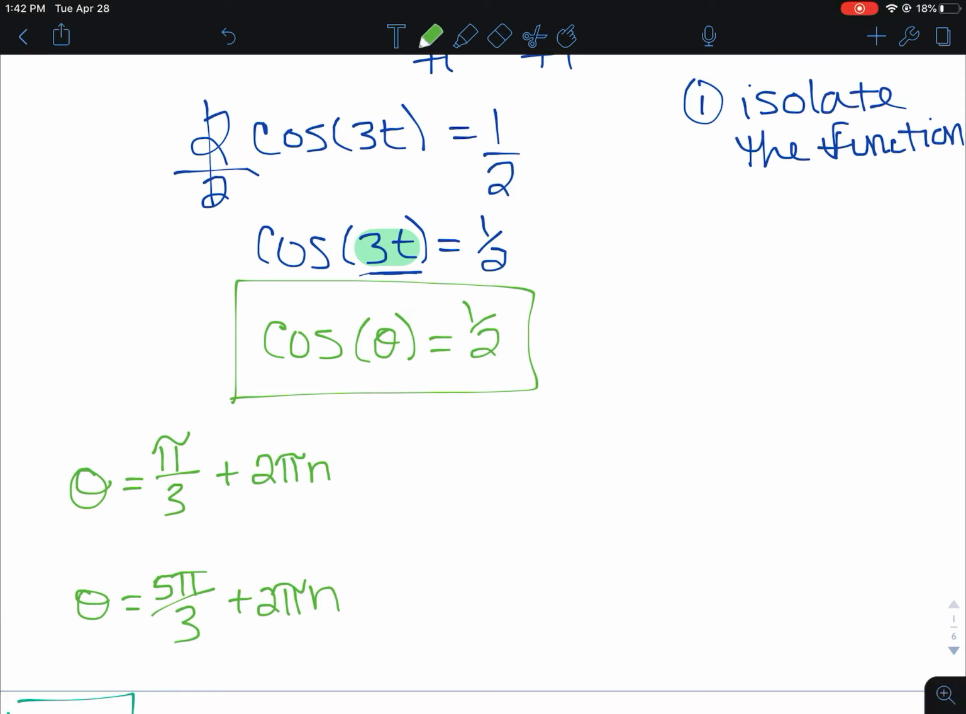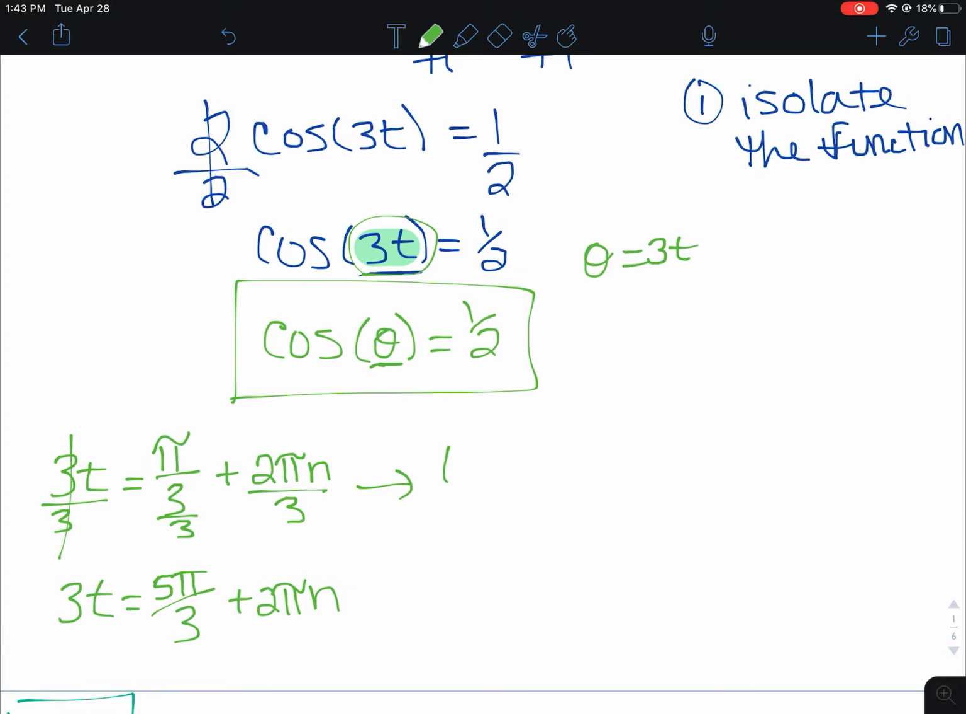Remember though that we weren't actually solving for theta. That wasn't my goal. I was solving for 3t. So instead of saying theta is equal to pi over 3 plus 2 pi n, I should really be saying that 3t is equal to those values, right? So I'm solving for what t is, and that whole angle is equivalent to 3t. In this case, theta is just representing 3t. So if I want to get t alone, I'm going to have to divide